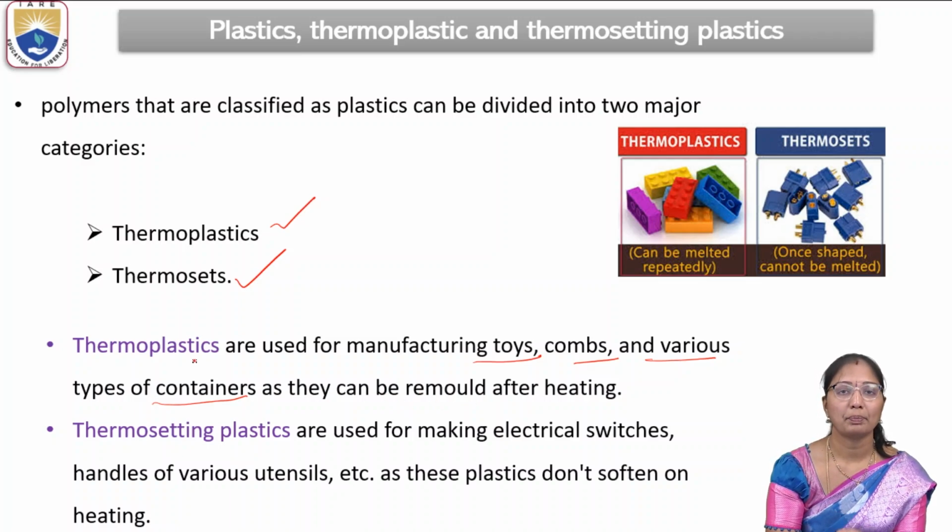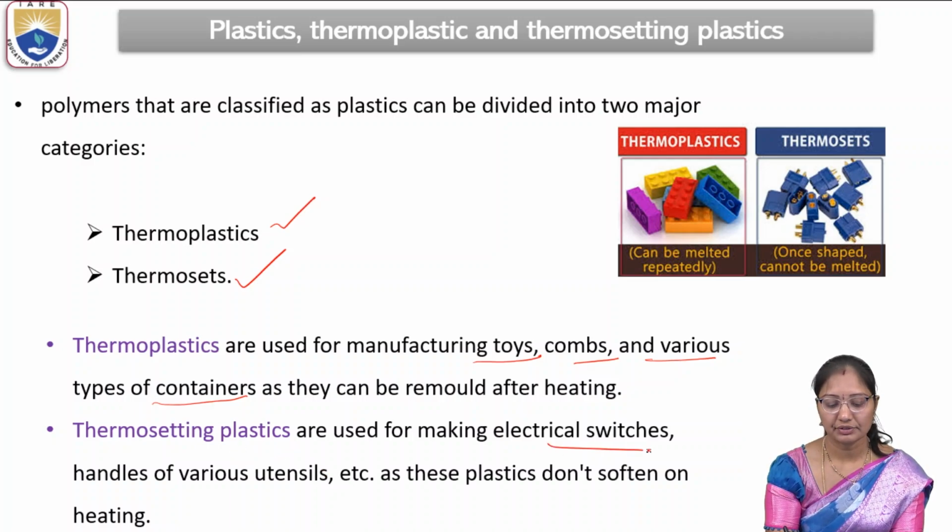Thermosetting plastics are used for electrical switches and handles of various utensils, as these plastics don't melt or soften on heating. So with thermoplastic polymers, recycling or remolding is possible, whereas with thermosettings, once the product is made it cannot be recycled or remolded,